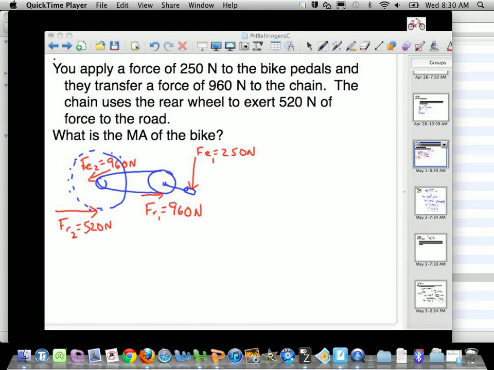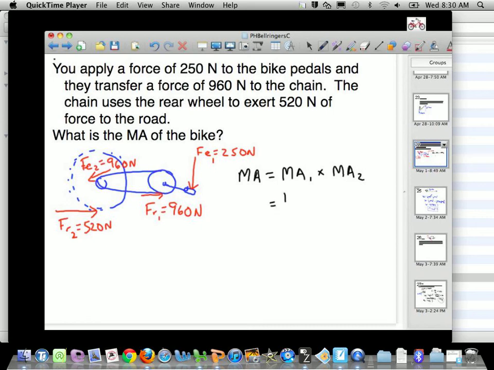So we know that this is a compound machine, and we basically have two machines hooked together. So we can say the mechanical advantage of both machines is the product of the mechanical advantage of each individual machine. So we can say mechanical advantage total is mechanical advantage 1 multiplied by mechanical advantage 2. So for the first machine, the pedal part of the machine,